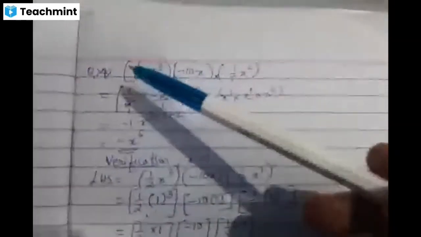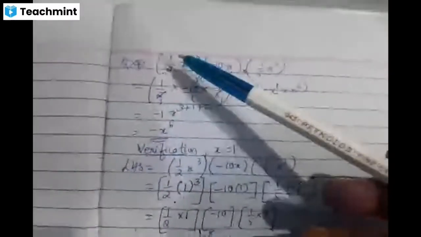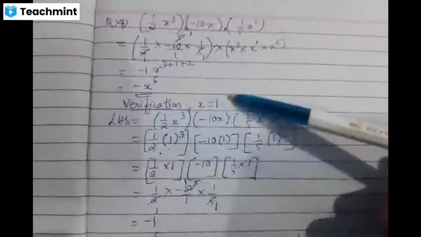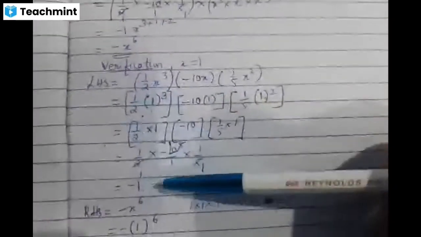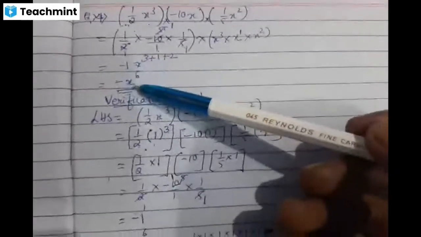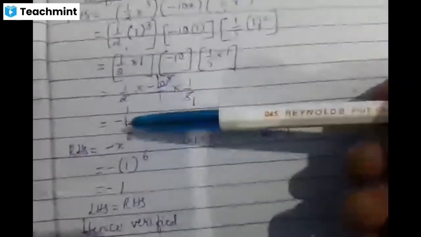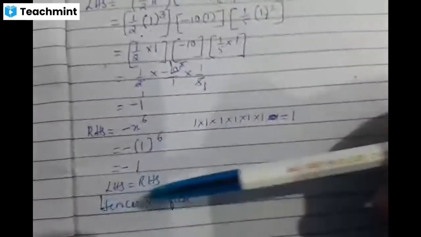So these are the steps we have to follow in this whole chapter, children. What we have to do is, we have to multiply the given algebraic expressions. We get the answer. The question what we get is considered as our LHS, and they will give the values of the variables. We have to substitute them and get the answer, and the answer what we get here is considered as RHS. Again we have to simplify. We will observe LHS will be always equal to RHS. Then only we can write hence verified. Children, next question let us see.